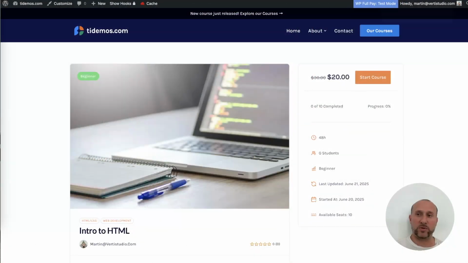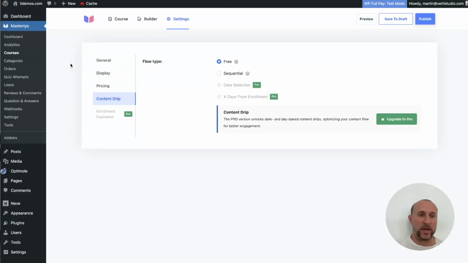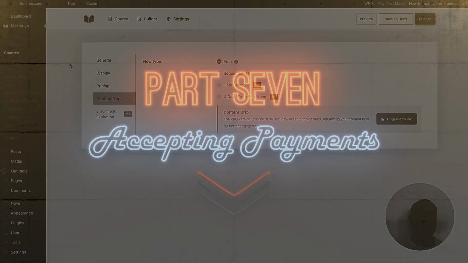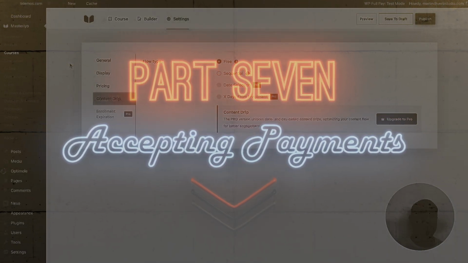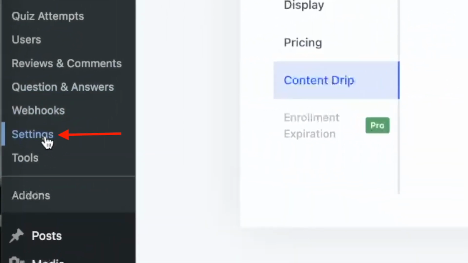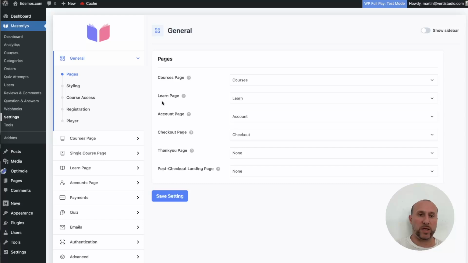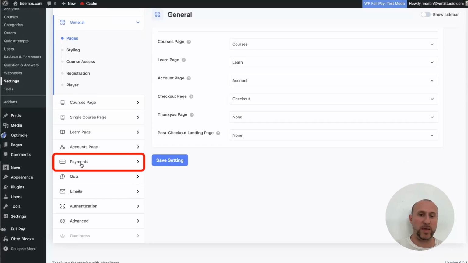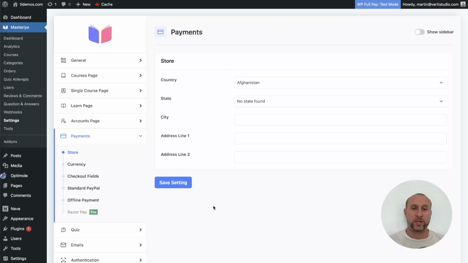Which brings us to the very last step, and that step is taking payment for your courses. So how do we accept payment? Let's go back to our left-hand side menu. Let's click on settings, and then on this page, scroll down to where it says payments. Now the payment screen is going to look a little bit different depending on what choices you made during the startup wizard. If you recall, earlier on, I did choose that we were going to do a paid course and not a free course